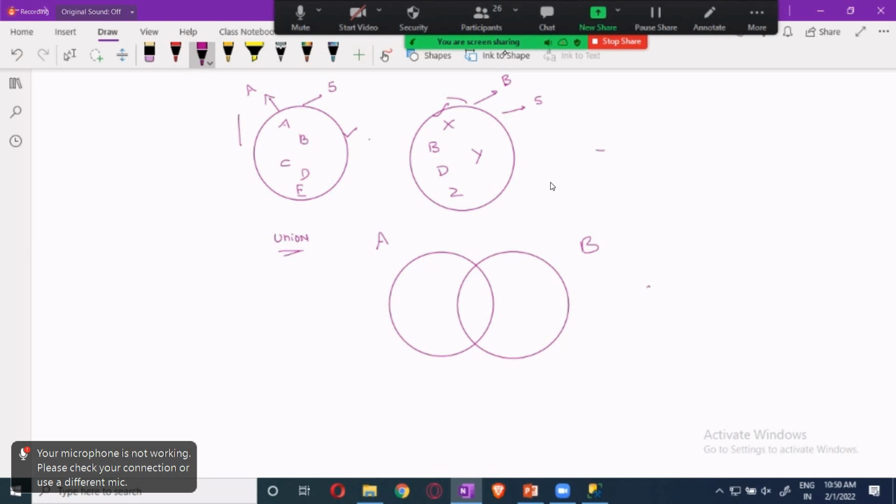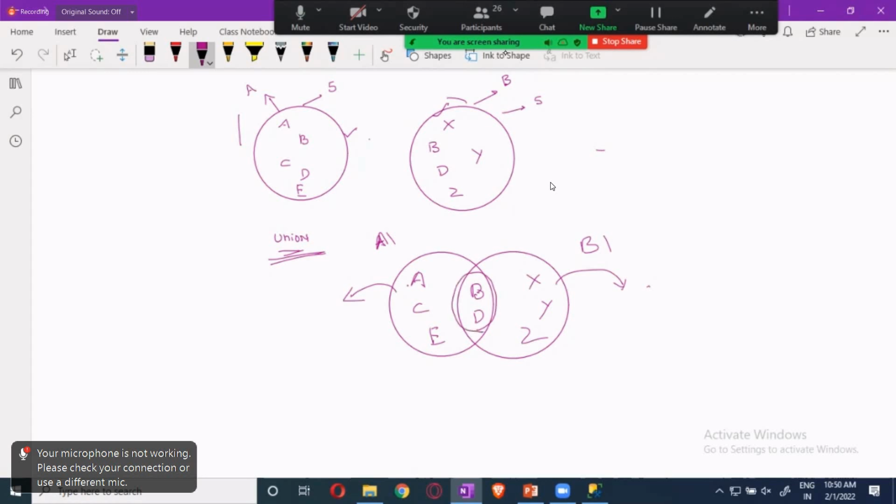Now in this, what are the unique ones? Let me call them A1 and B1. In A1, the unique ones are A, C and E. In B1, X, Y and Z. Now what are the common ones? B and D are there. Now when you say union, it will give all the unique values of A1 and all the unique values of B1, and it will take only one copy of the common values.